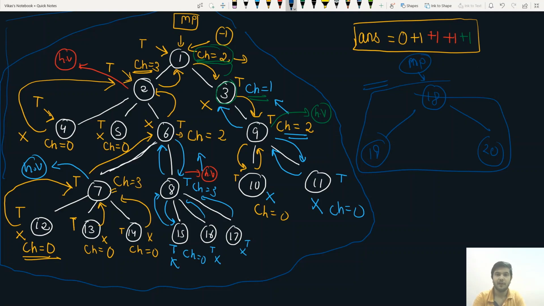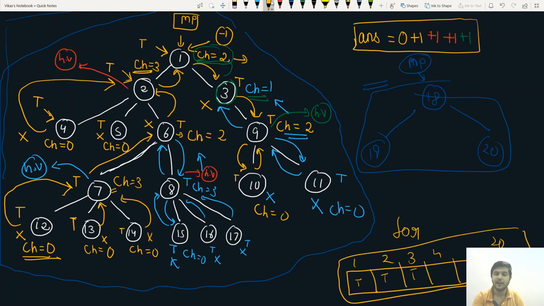For this, we are going to create a boolean array, which stores the vertices that we have traversed. So let's say if there are a total of 20 vertices, we are going to make an array of 20. So 1, 2, 3, 4 up to 20, and we are going to mark which vertices we have traversed. So true, true, true, and we are going to take a for loop to traverse over this boolean array. If there is any false, that means this vertex is not traversed, then we are going to call BFS and traverse that vertex.